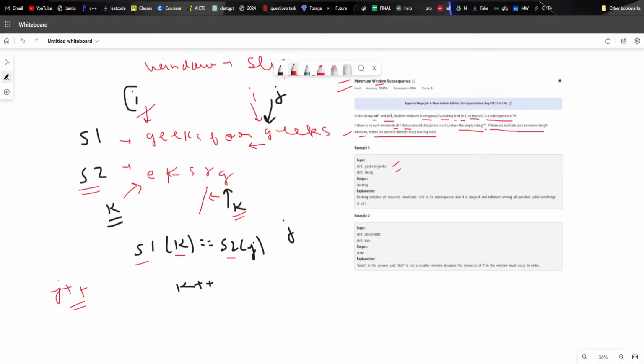Okay, so I will move my k pointer and my i pointer. Here you can see r is equal to r, so I will move my i pointer as well as j pointer. Here my s is not equal to o, so I will just keep the k pointer here, and I will decrement my i pointer, and it will be